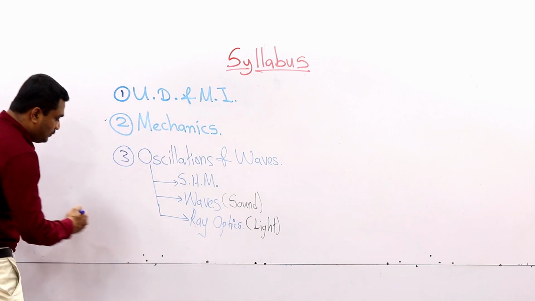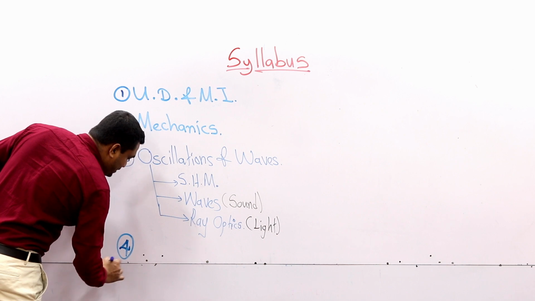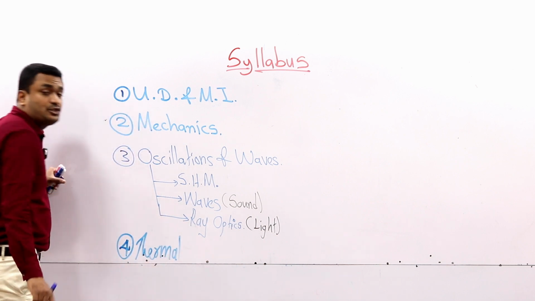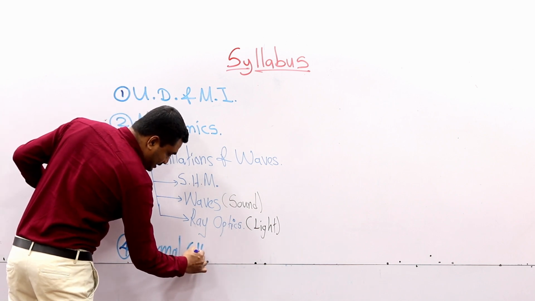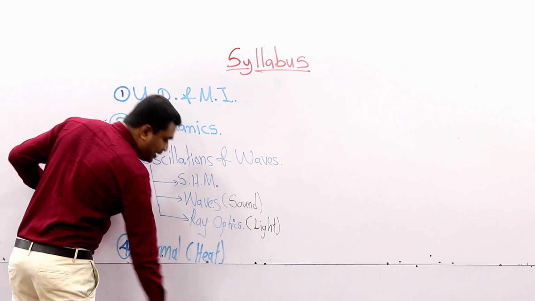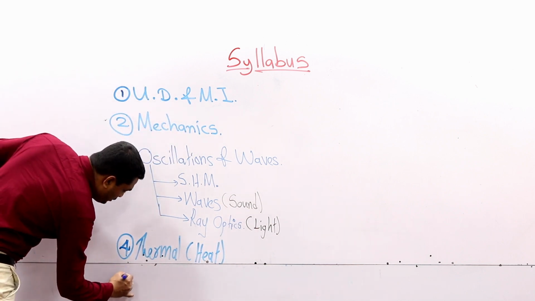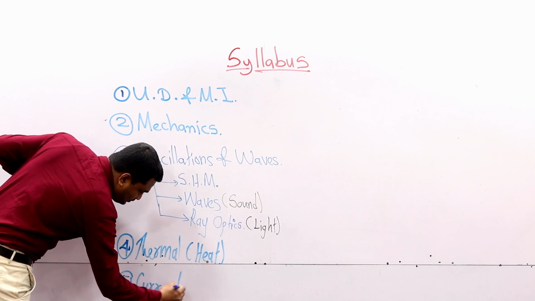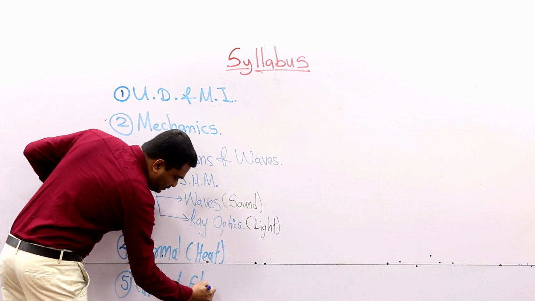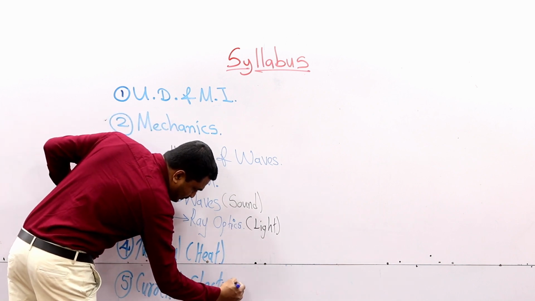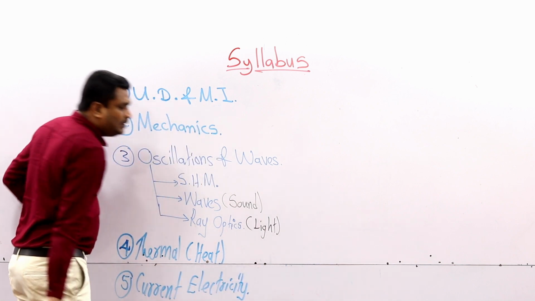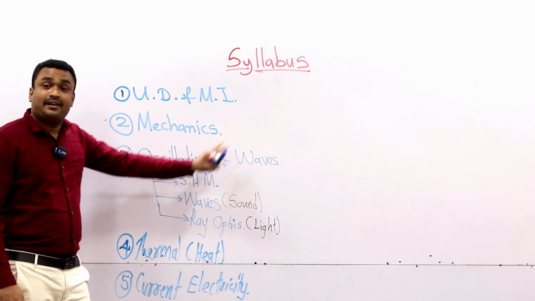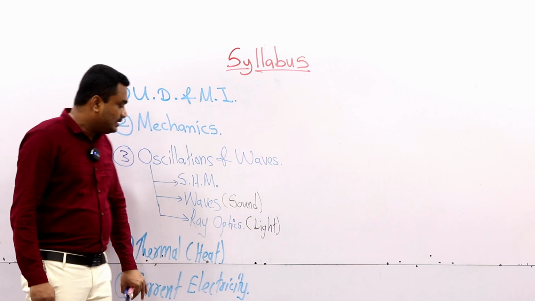The fourth lesson of the syllabus is thermal physics, which is normally said to be the heat lesson. Right? The fifth lesson of the syllabus is current electricity. Right? Now, the thing is, let me explain this lesson. I'll write the other lessons. Yes, why not? But before that,